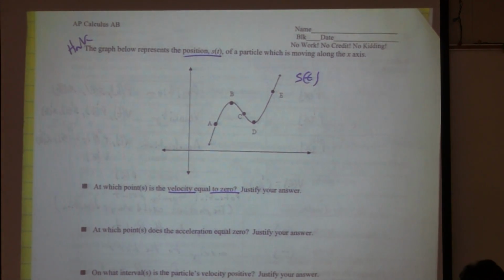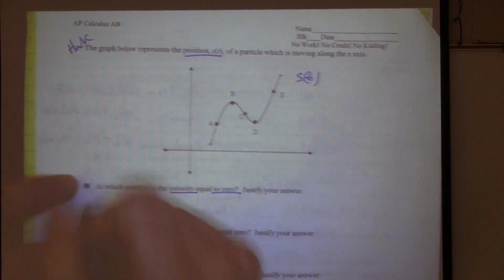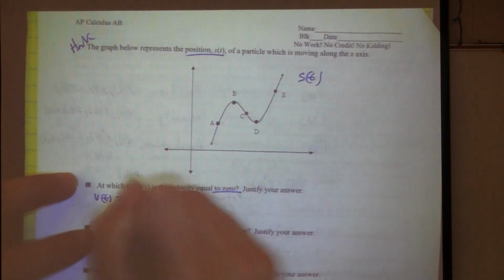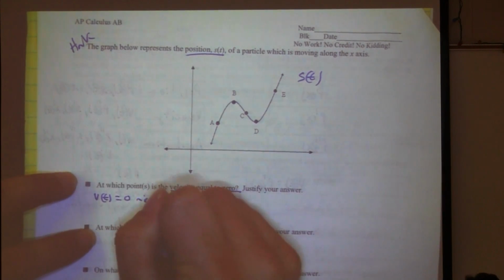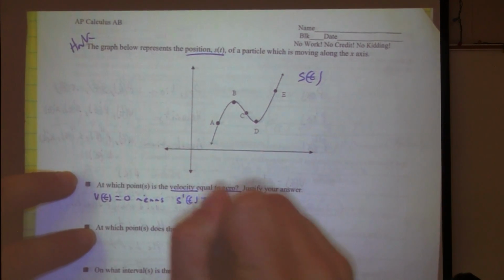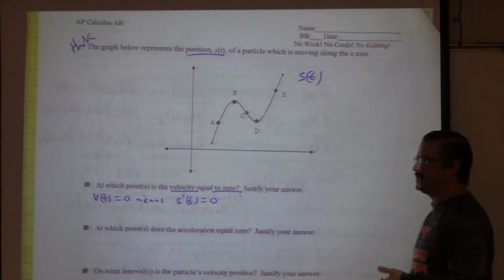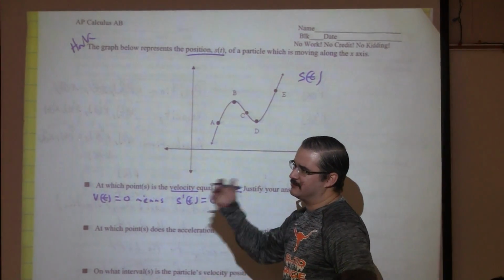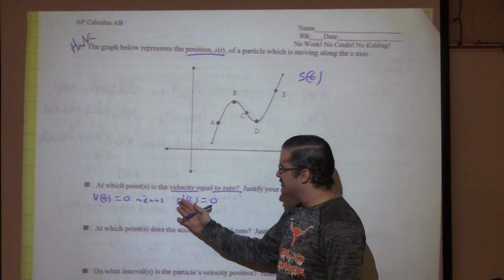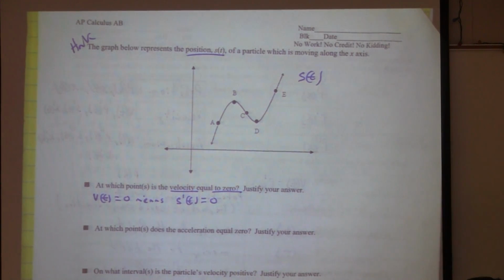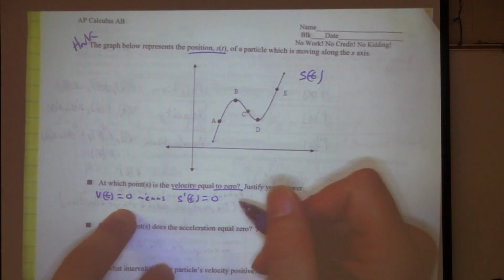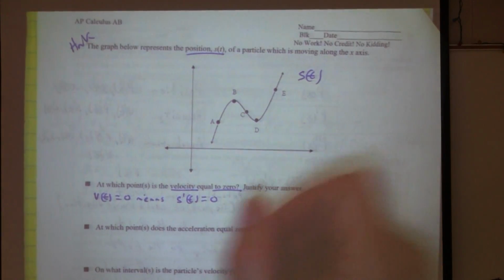Alright, so it says, at which points is the velocity equal to 0? What would that imply if I'm looking for the velocity in relation to the position graph? So for the velocity to equal 0, it means that S prime of t has to equal 0. Right? The first derivative of this. So I have to imagine tangent lines on this graph because I'm talking about the derivative, right? And I'm looking for where those tangent lines have a slope of 0, or where I would have horizontal tangent lines, right? So where would that happen? Okay, so v of t is equal to 0 means that S prime of t equals 0, which occurs